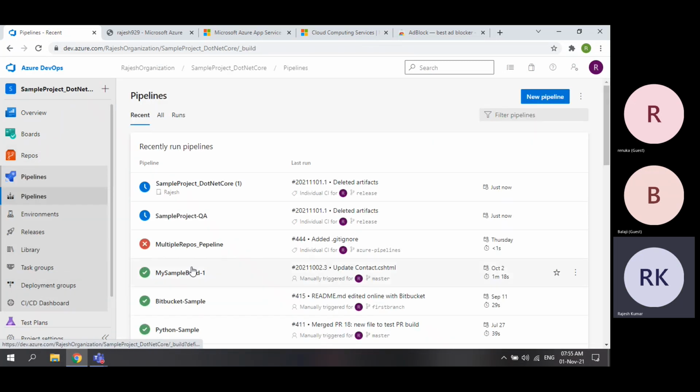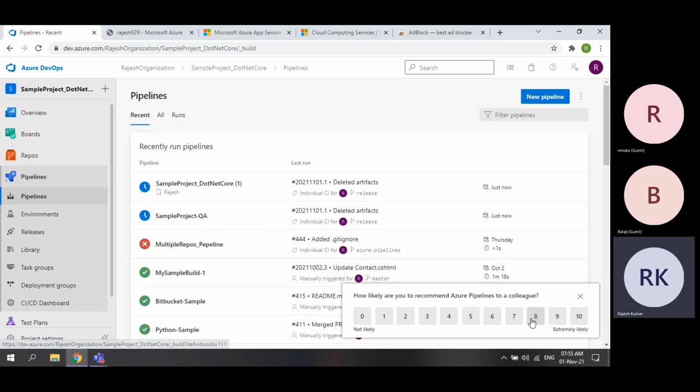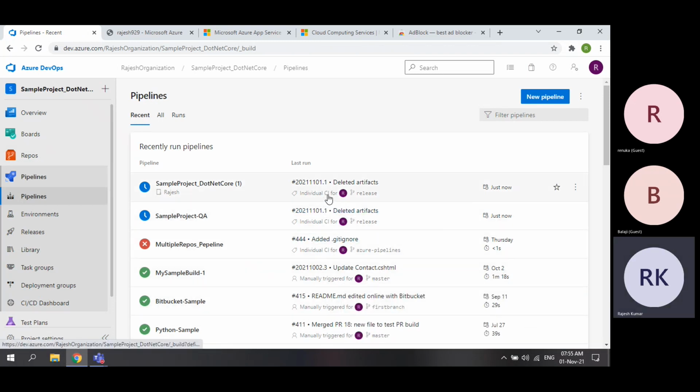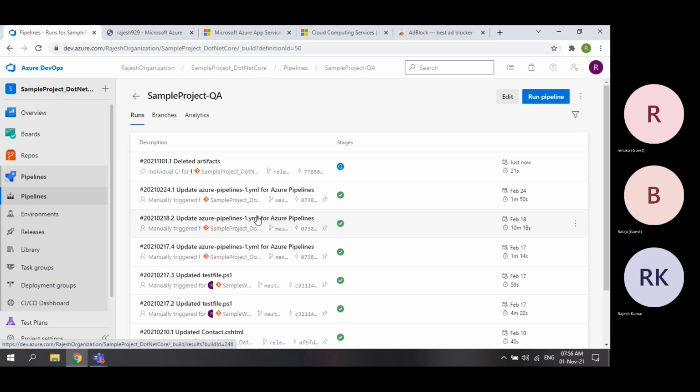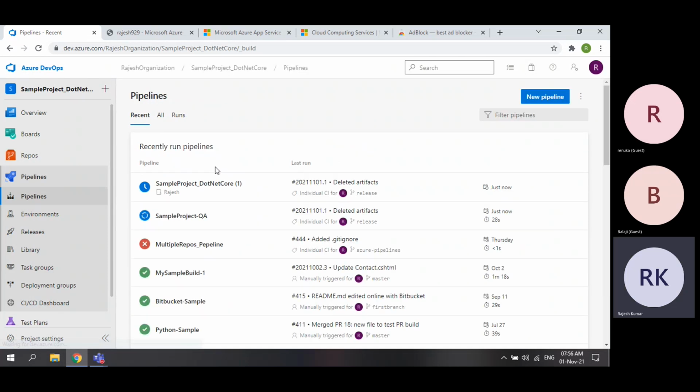There are some CIs enabled, so whenever I make a change in the source code, the pipelines will run immediately. I don't want to waste time here. I will create a new pipeline.